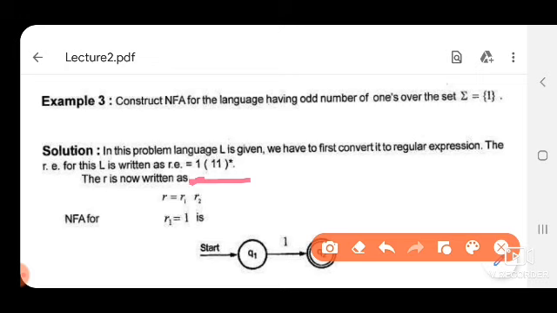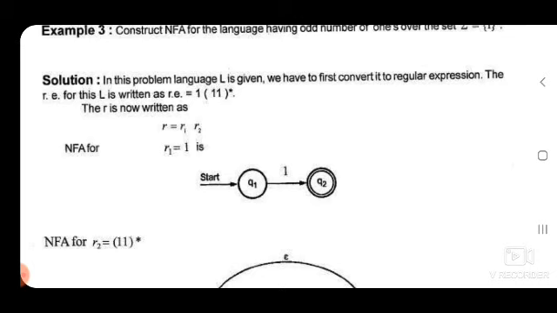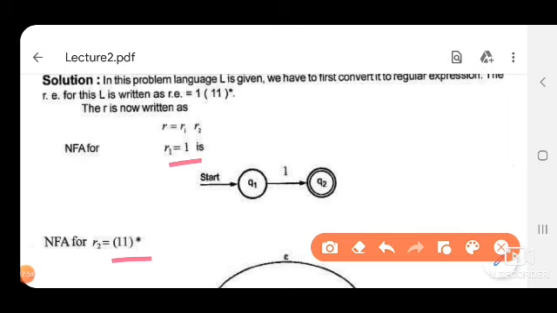Now, we have to draw an FA for the given regular expression. We see that this expression can be represented as R1 dot R2, where R1 is 1 and R2 is 1 1 asterisk. So, first we have to draw an FA for 1 and then an FA for 1 1 asterisk, and finally the concatenation of 1 dot 1 1 asterisk.